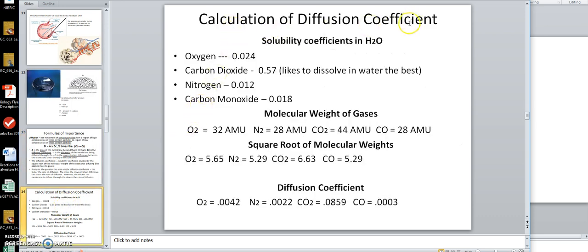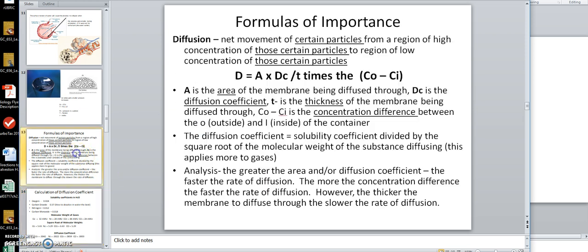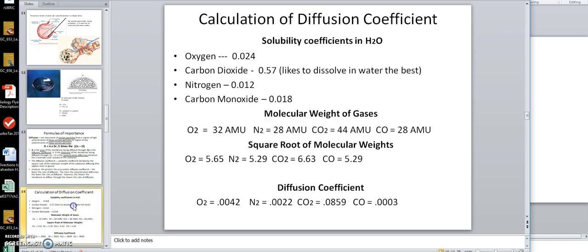Here's the calculation of the diffusion coefficient. There's oxygen. These were the solubility coefficients. These are the molecular weights of the gases. O2, 2 times 16, O is 16. You can go to the periodic chart. Here's the square root of these molecular weights, and here's the diffusion coefficient. Because the diffusion coefficient, again, was the solubility coefficient divided by the square root of the molecular weight of the gas. Now, just looking at it, you can see that CO2 has the greatest diffusion coefficient,